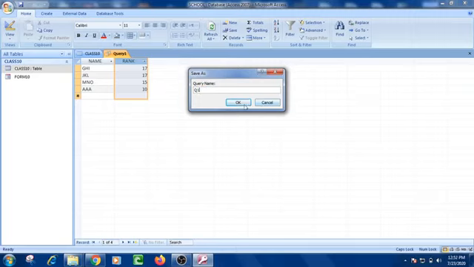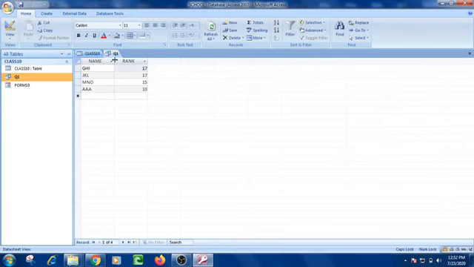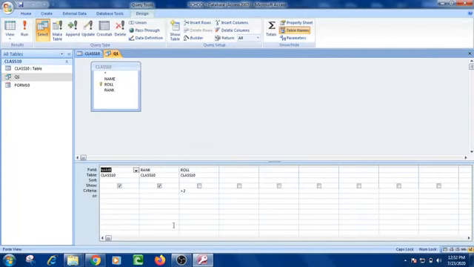Now close it. Q1 is the query. Now let's open the design view again. The roll field was unchecked, and now I am going to check it.